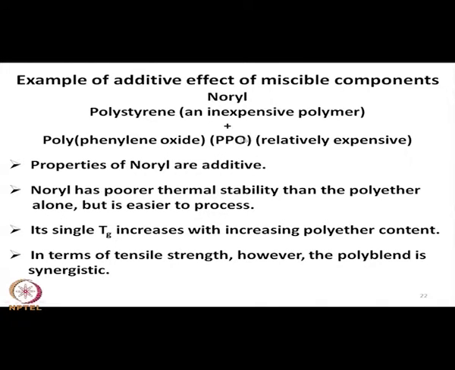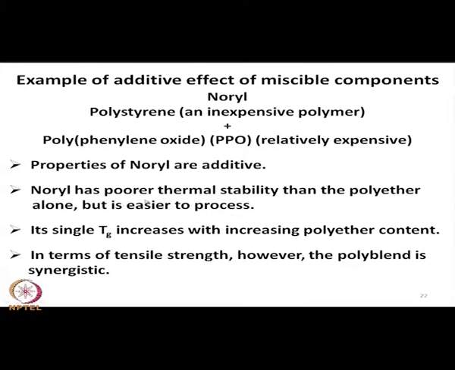is a polar polymer as well as it contains an aromatic ring on the backbone chain, phenyl ring on the backbone chain, and polystyrene is a purely hydrocarbon polymer in which the backbone chain is made of carbon and the phenyl ring is present as a pendant group as a substituent of one of the hydrogens of alternate carbon atoms. It has been found that the properties of Noryl are additive of the properties of the component polymers polystyrene and polyphenylene oxide, PPO.